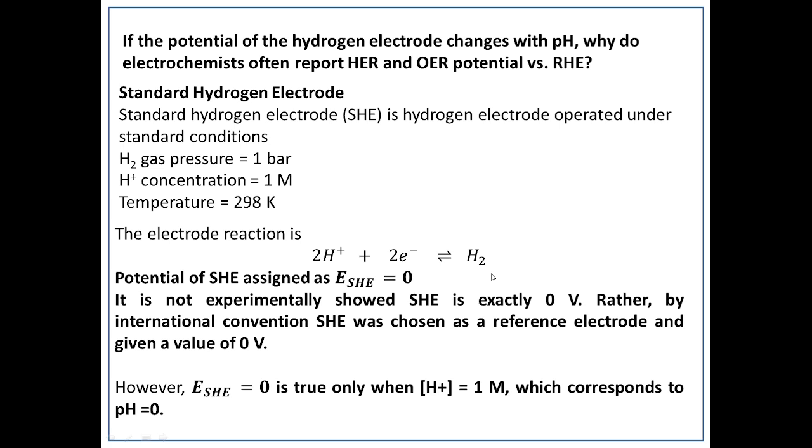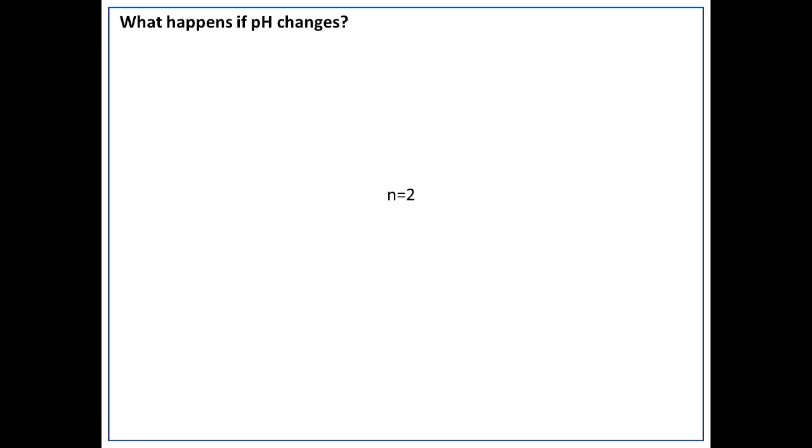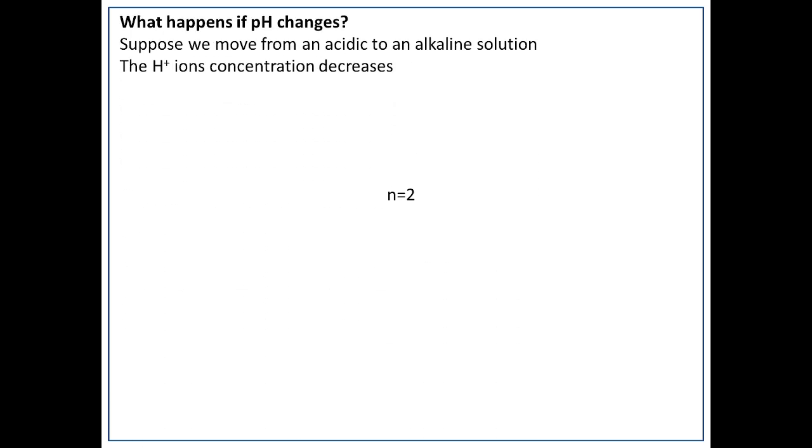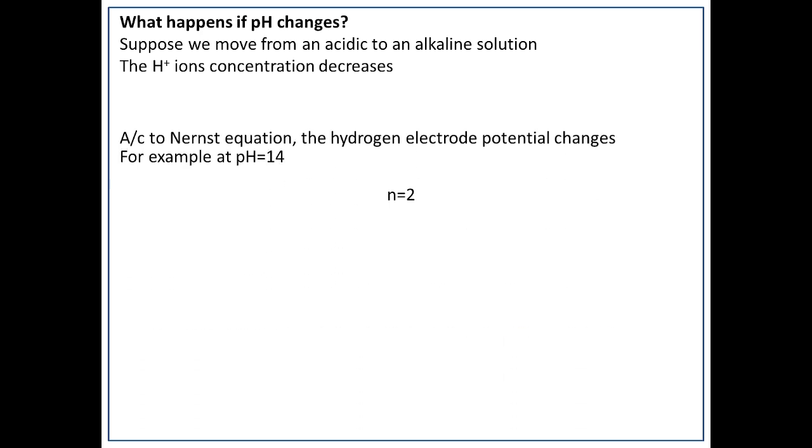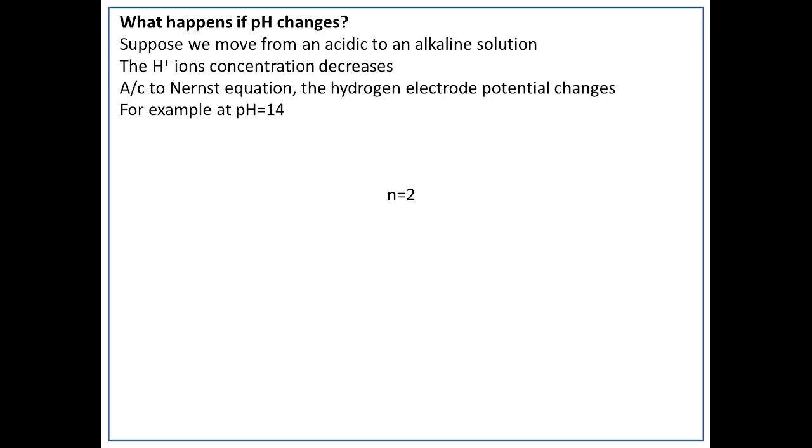only in the case where the H plus ion concentration is 1 molar, which corresponds to pH equal to 0. What happens if pH changes? Suppose we move from acidic to alkaline condition, the H plus ion concentration decreases. So according to the Nernst equation, the hydrogen electrode potential will also change because the pH of the electrolyte is changing. For example, at pH 14,